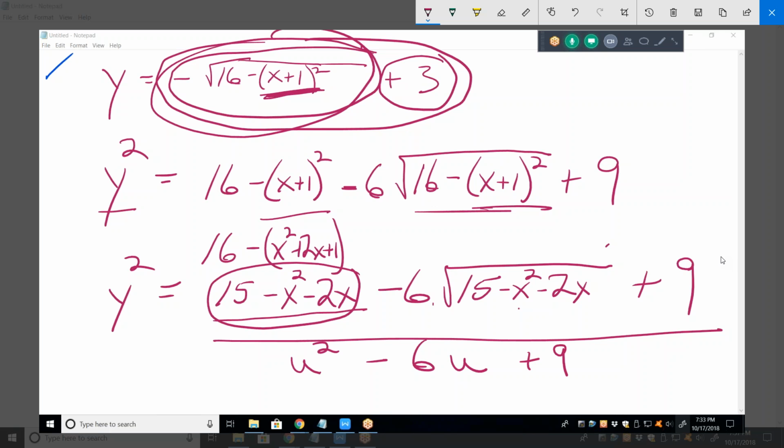So now I have this. And this term can actually be written as u minus 3 quantity squared. And now we have our